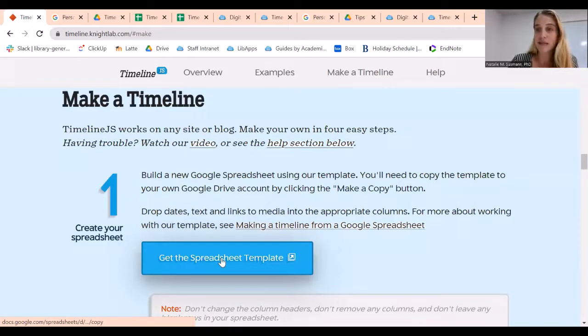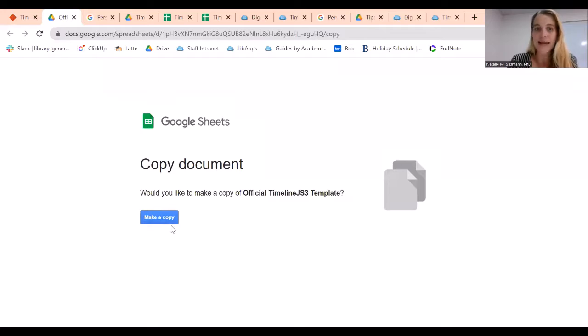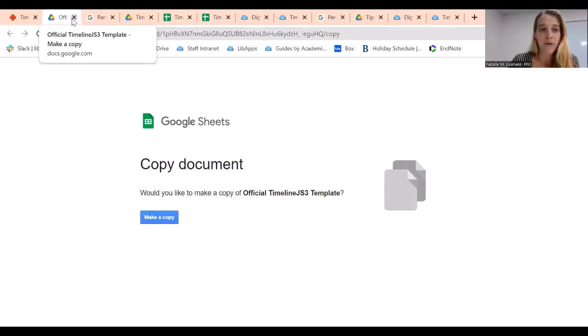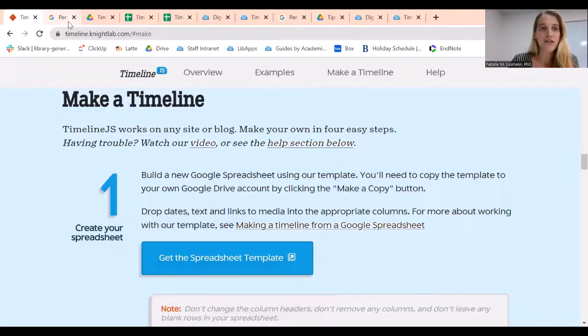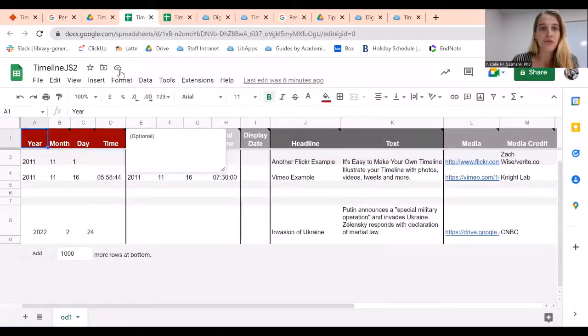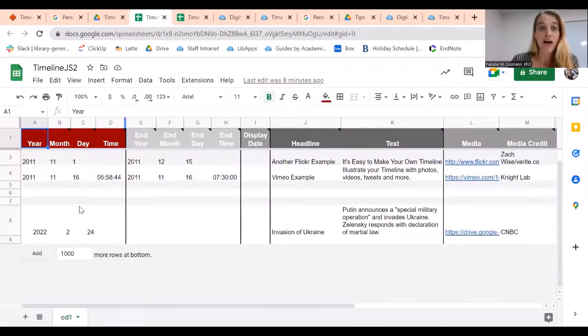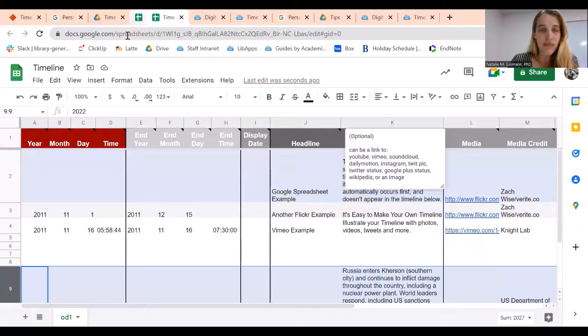I'm going to skip this step just because I've already done this, but essentially you're going to click on the get the spreadsheet template. It'll pop up and it will basically allow you to open it in your Google Drive. You should be doing this in your Brandeis account. And then once you open it up, you are going to be able to make a copy